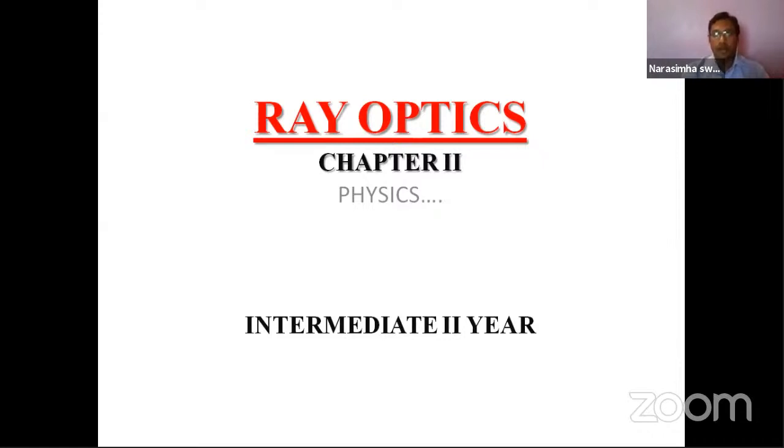Along with that, some image formation using plane and curved surfaces like lenses and mirrors, and also the construction and working of optical instruments like microscope, telescope, etc., as per our syllabus, and also some topics related to the human eye. Meanwhile, we are going to discuss the applications of these phenomena like formation of rainbow, etc. So now we'll start with